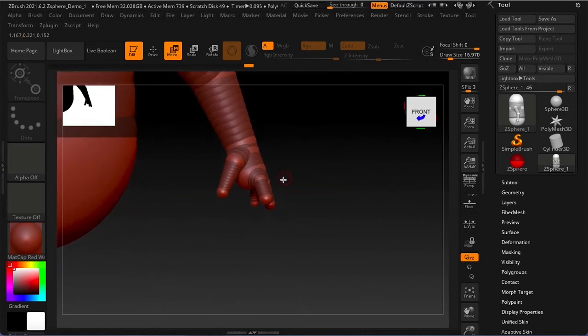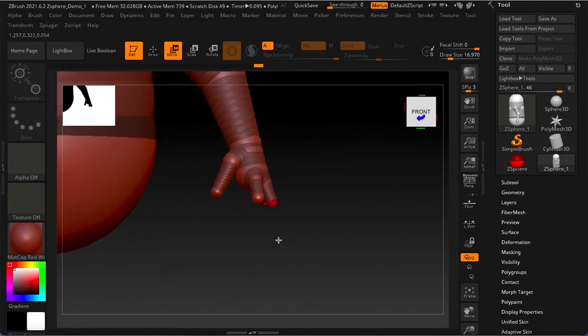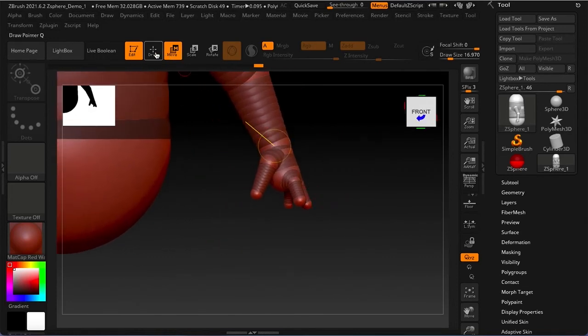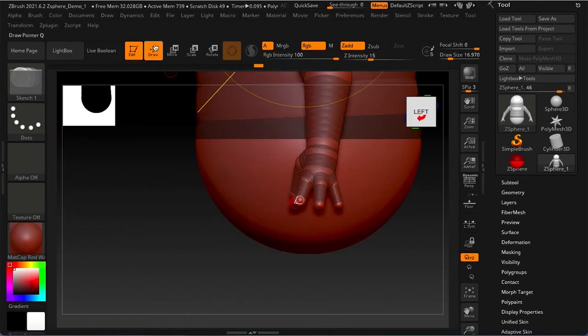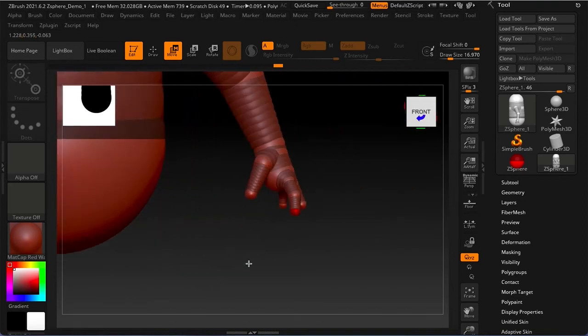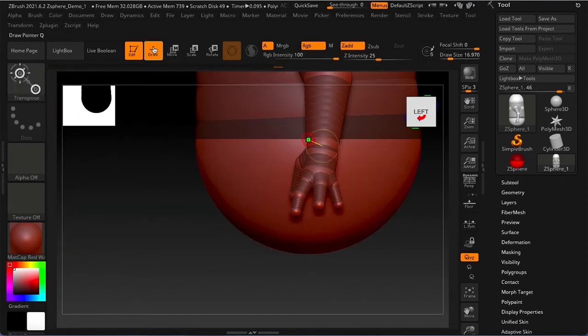And always just look at it from two views as I'm moving here. So I'm looking at it from the front and the side, holding shift to lock it to each position. And now I'm going to bring it out to the tip of the finger. So I just drew it out, and then from there,